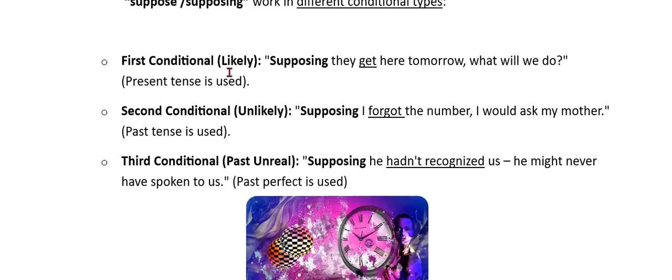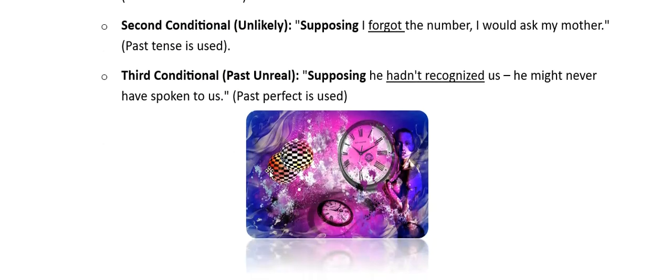First conditional means something is likely. Second conditional, something is unlikely. And third conditional means past unreal situation. So